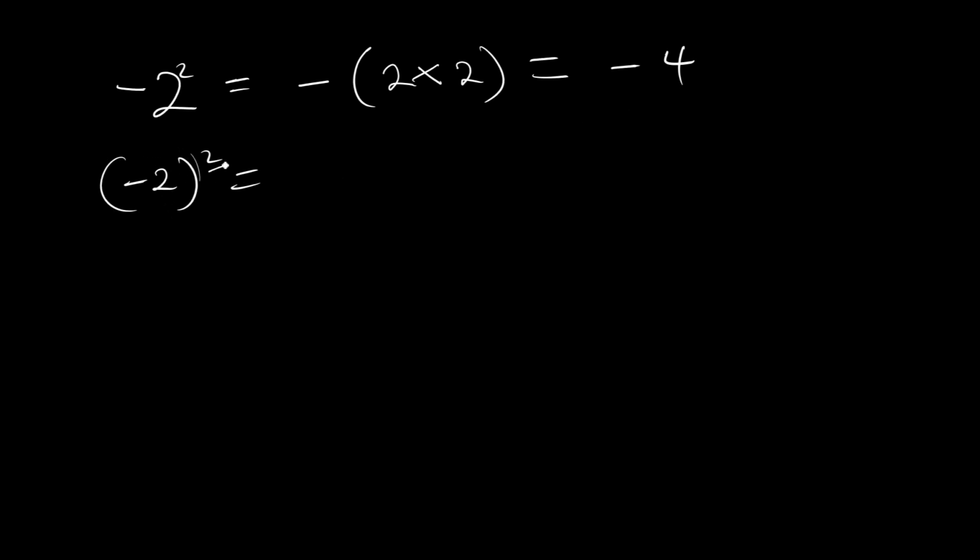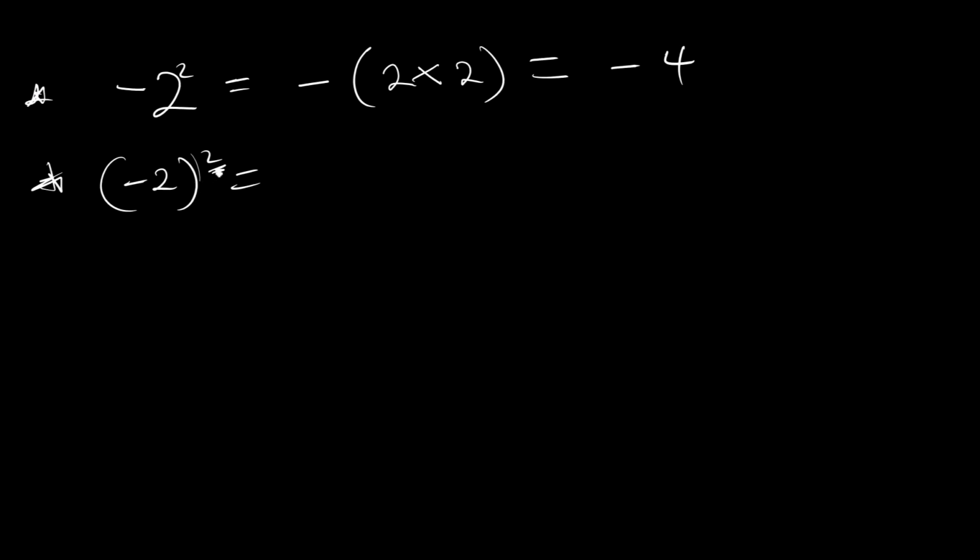But with this one, we are squaring everything. So the difference between the first one and the second one is that with the first one, we target only the 2, where the negative is out. But with the second one, we are to